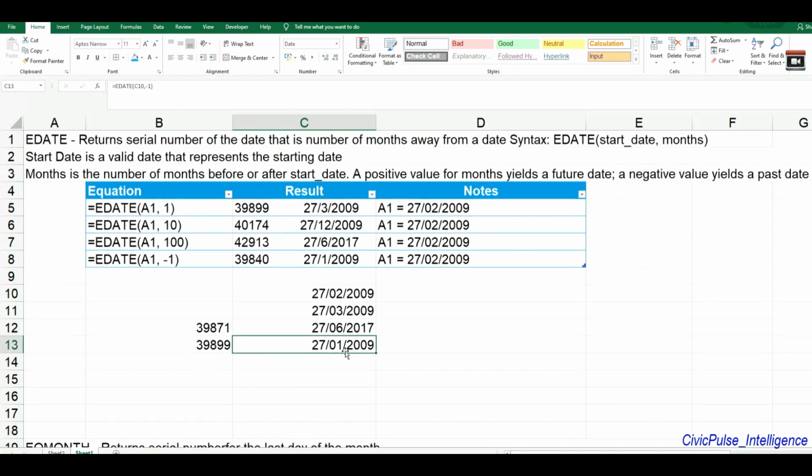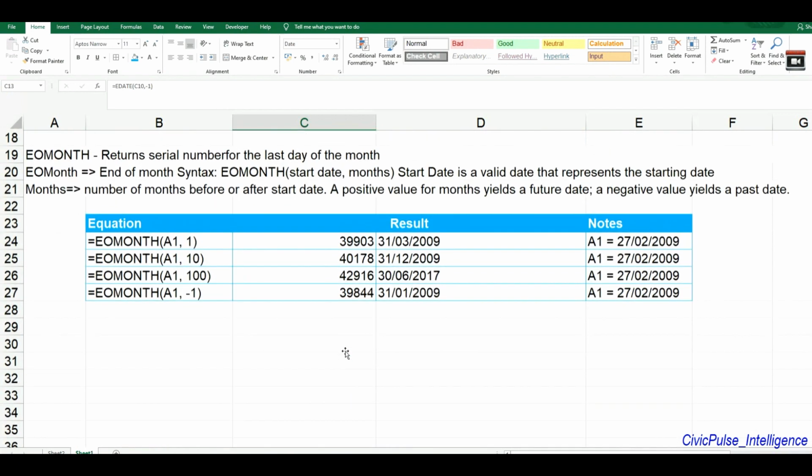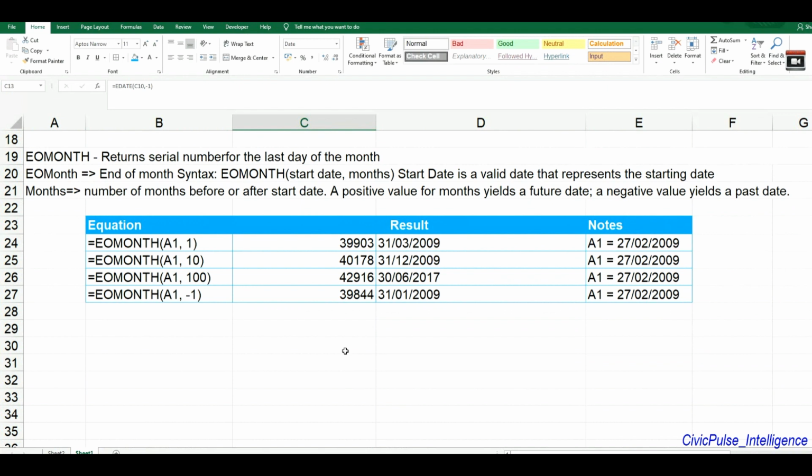So there's more Excel workbook functions that I want to introduce to us today. Another one that we have is the EOMONTH workbook function. The EOMONTH workbook function returns the serial number for the last day of the month. So the EOMONTH workbook function, the syntax to use is EOMONTH, bracket open, start date, comma, months, then you